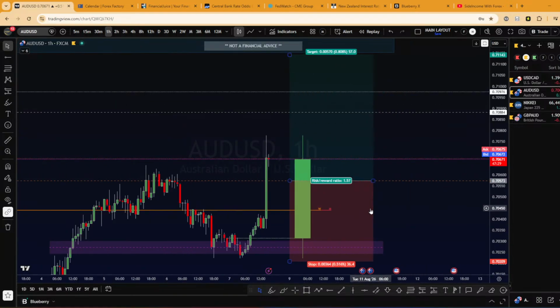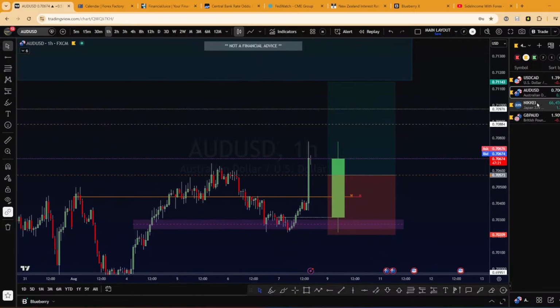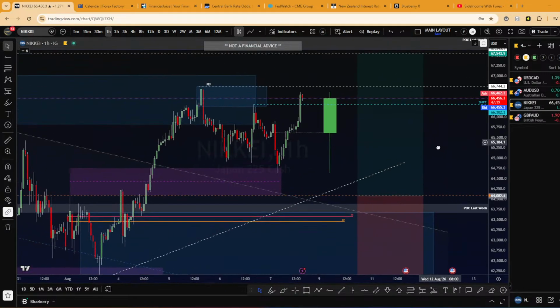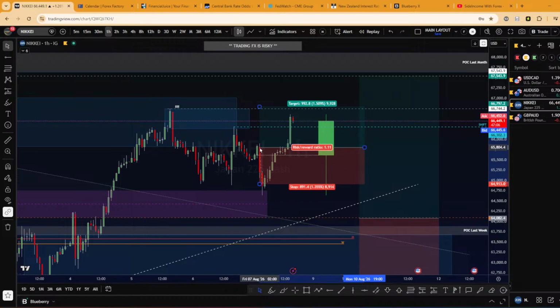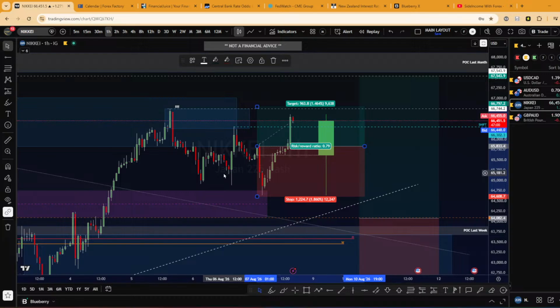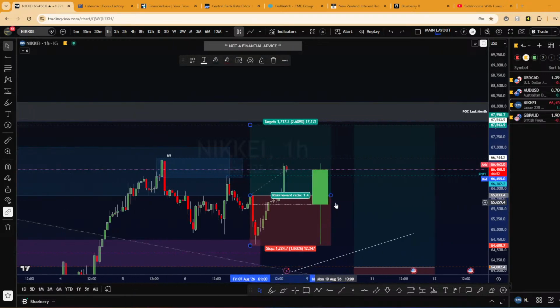Aussie dollar is a good trade. So as I said, need some retrace before getting in this trade. Nikkei, as I said, because if I mark up this order block, this could be very interesting. I think it's already ready to go somewhere here. Stop just below. At least target this for this week.